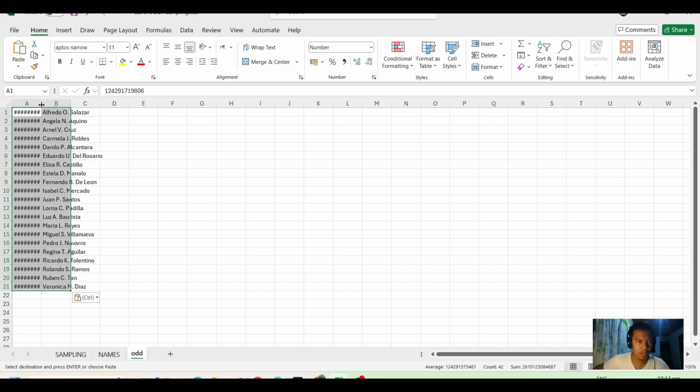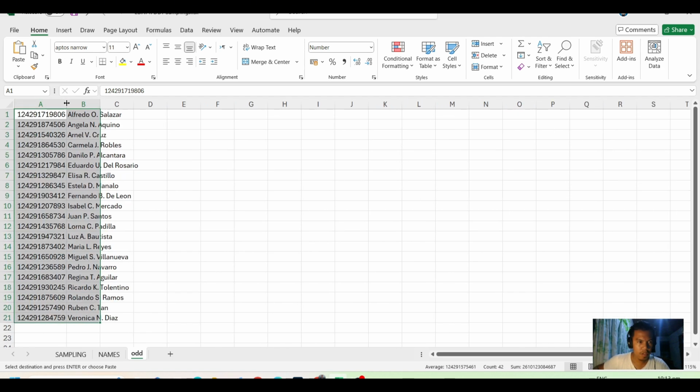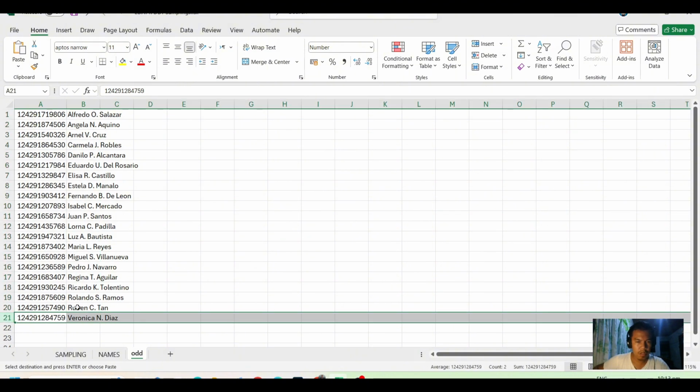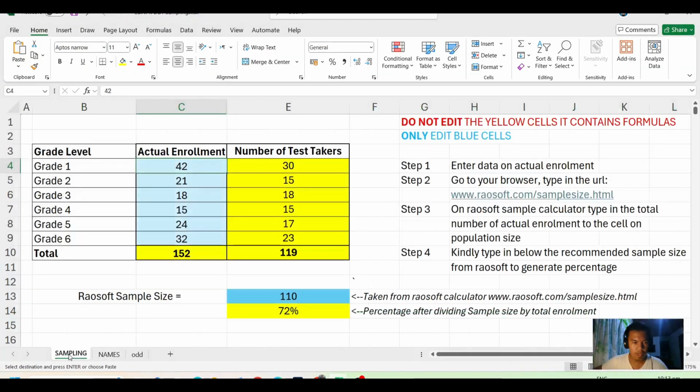Okay, you already have 1 to 21 learners, but on the Excel sampling tab, we need 30 learners.